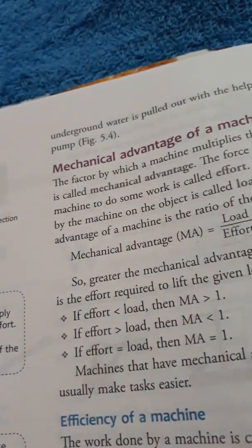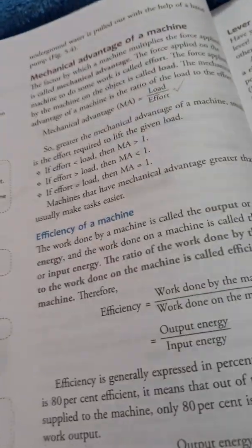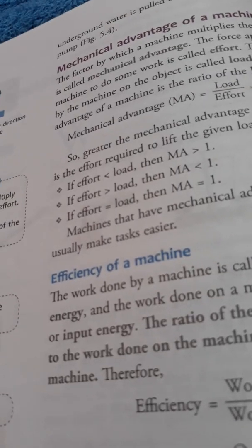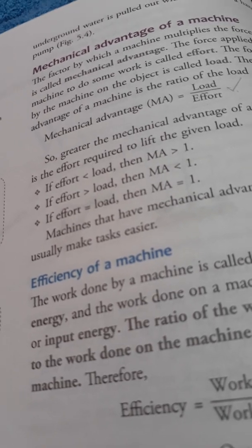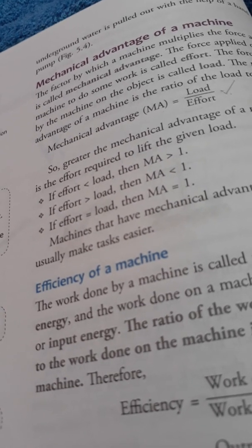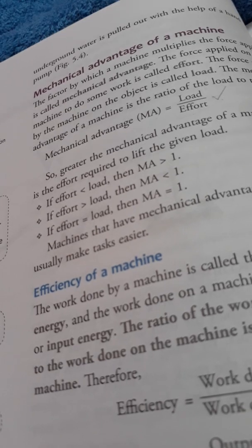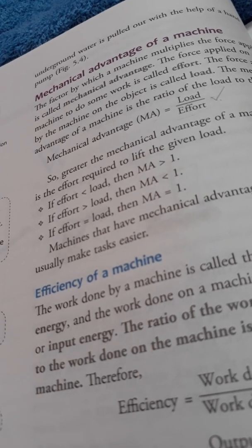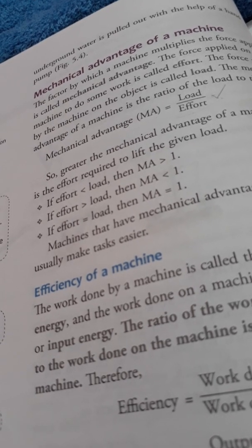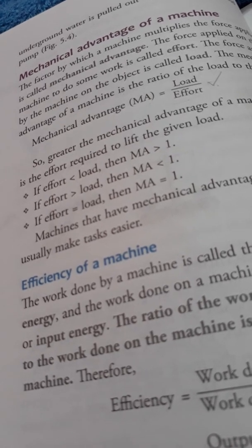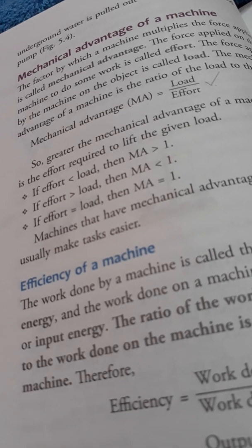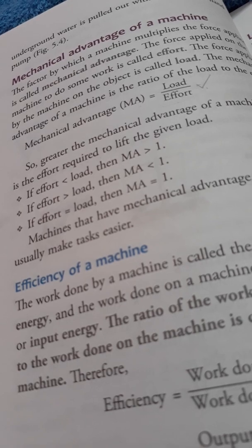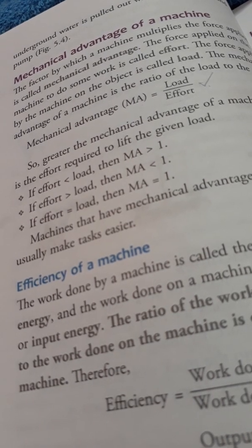So see here, mechanical advantage. The mechanical advantage of a machine is very important to solve any numerical problems. So what is mechanical advantage? Each and every machine has a mechanical advantage. Suppose we are using any machine, so how easier or faster a machine makes our work is denoted by a term called mechanical advantage. Machines help us to do our work easier.